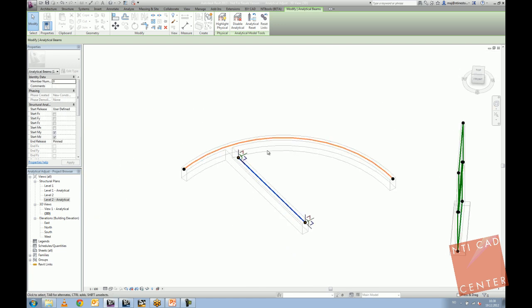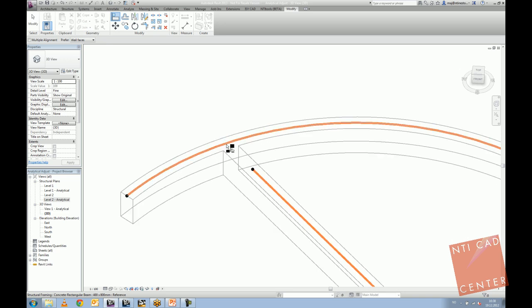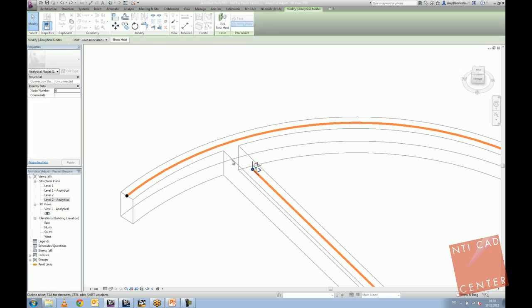One more nice thing is that you can use align tools to align the element. So basically, if I say, please align it to this analytical model, I can do that. It automatically will align the element to the analytical model. But there is one more feature which I wanted to talk about. That was this